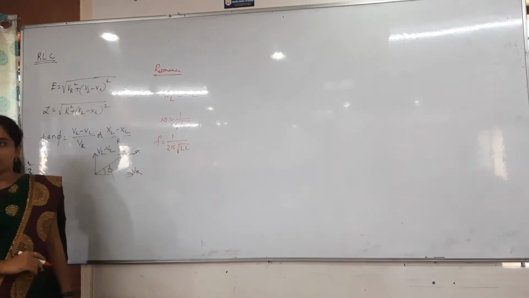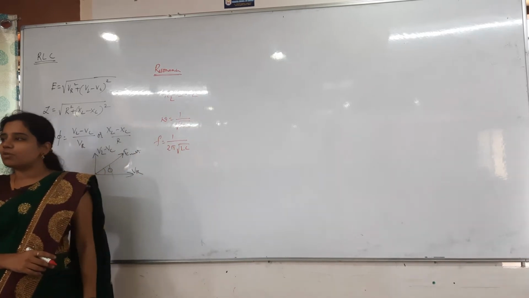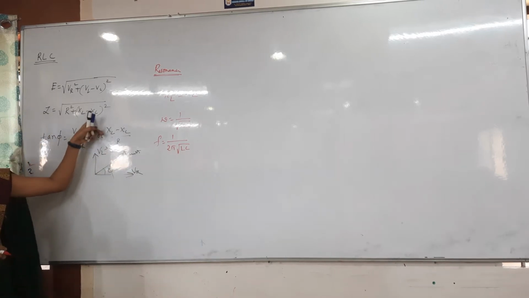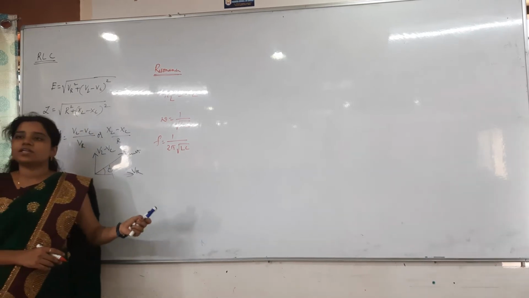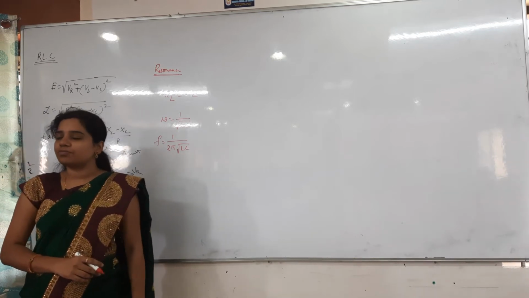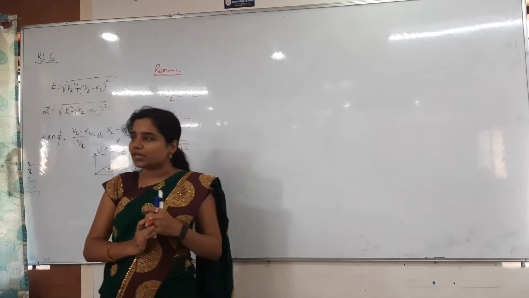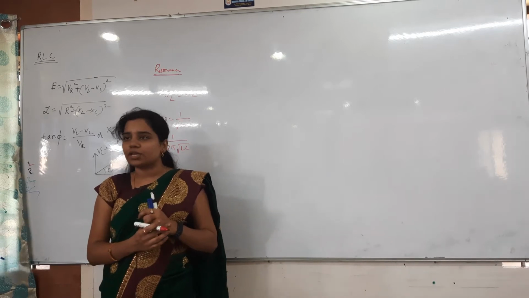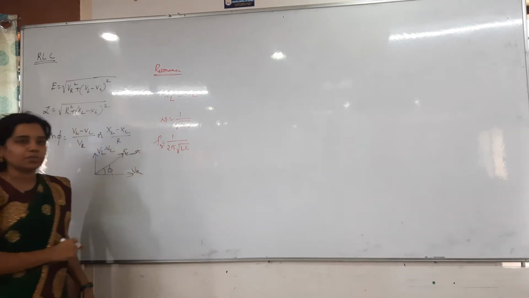And also I said that whenever XL is equal to XC, at that time the impedance will be minimum or maximum? Minimum. XL is equal to XC, right? This will become 0, so that Z is equal to R. So that only we will get Z as minimum. Z is minimum means current will be maximum. So always remember that at the resonance frequency you will get the maximum current. In the case of electricity, current; in the case of sound, you will get the maximum sound, at the resonance frequencies. And the resonance frequency we already got: fr is equal to 1 by 2 pi root LC.